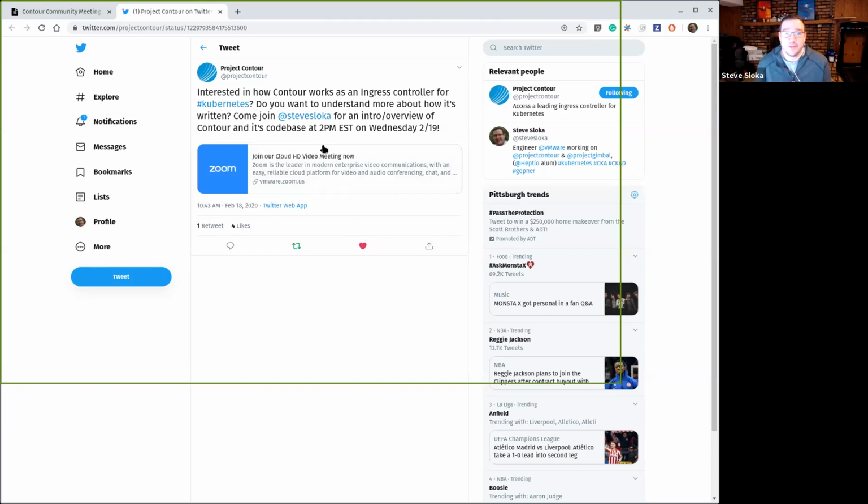So tomorrow we just picked the time, and this isn't good for the Australian folks, but I think you all know the code. But if anyone's interested, I guess what I'm saying is that at 2 o'clock tomorrow Eastern, I was going to walk through some of the core components of Contour. How do we support Ingress route and proxy and all those different components? How do those objects flow into Contour? How does it then take them and do something with them? And then write feedback or write status back. So that's it. We'll make it freeform, whatever it is. If we need to schedule more, we can do that.